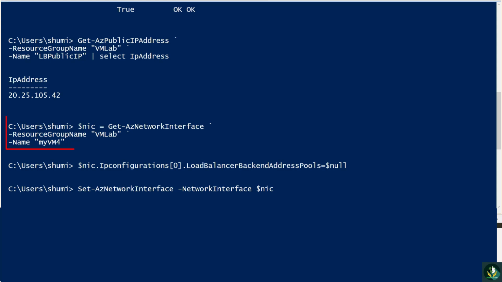First, to retrieve the network interface card configuration, run the Get-AzNetworkInterface command as follows: $nic = Get-AzNetworkInterface -ResourceGroupName VMLab -Name myvm4. This command retrieves the configuration of the NIC for the myvm4 virtual machine and stores it in a variable called